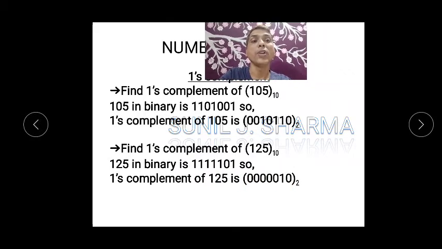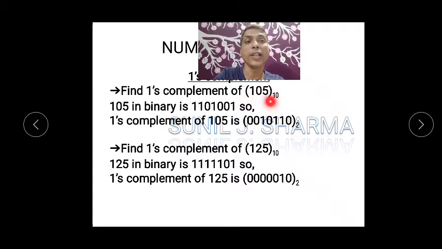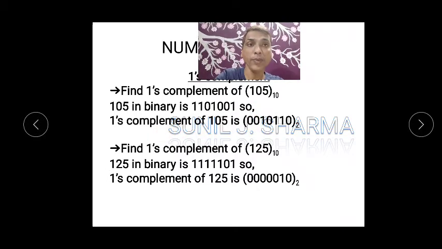Okay, so again if the values are going more like 105, so this is 105 in binary. See that if your binary is wrong, your entire answer will be wrong. So you should know the binary conversions properly. Either you can divide, I think everyone knows, you can divide 105 by 2, and we are interested in the remainder. See that you move from bottom to top. Everyone knows this, just replace 0 by 1 and 1 by 0. Same way I have written 125 also, this is 125 in binary, replace 0 by 1 and 1 by 0.